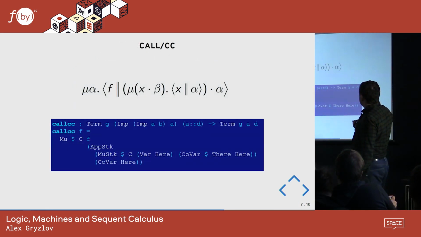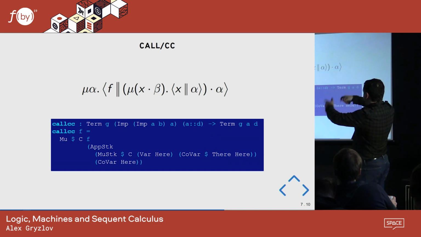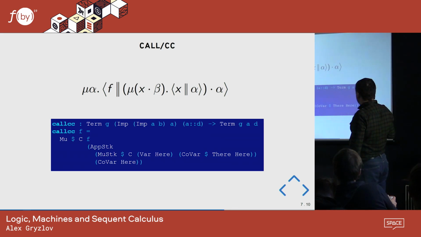Yeah, and this is how you would write call/cc. This is kind of complicated, but the base idea is that it's kind of a lambda: it matches on the current thing, then it produces some continuation, and this b is never used, it's just thrown away, and it reuses this continuation twice. So this is the essence of call/cc: you did something, you saved the state, and then you reuse the state. This is why this alpha appears 2 times here.